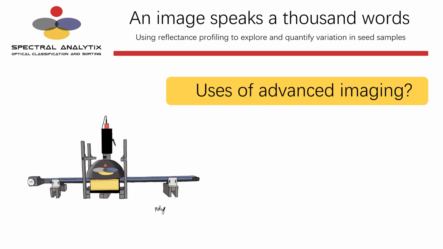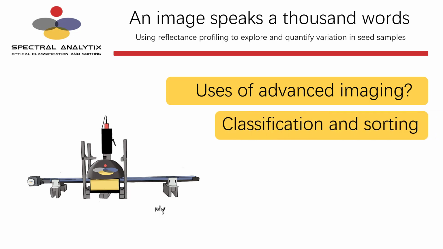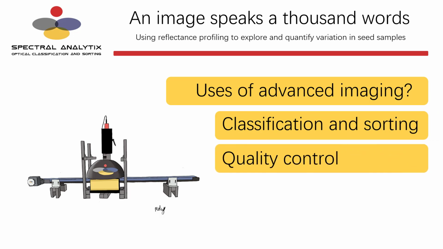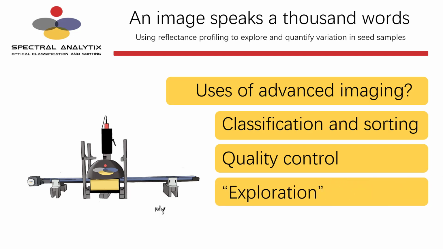Advanced imaging or machine vision can be used in several ways throughout the seed supply chain. The topic of this video is to provide introductory insight into image-based exploration of seeds. But in general, we can use it for classification and sorting of seeds. We can use it in different ways to perform quality control. And finally, as part of seed exploration, finding out about the variance and the uniqueness of some of the seeds